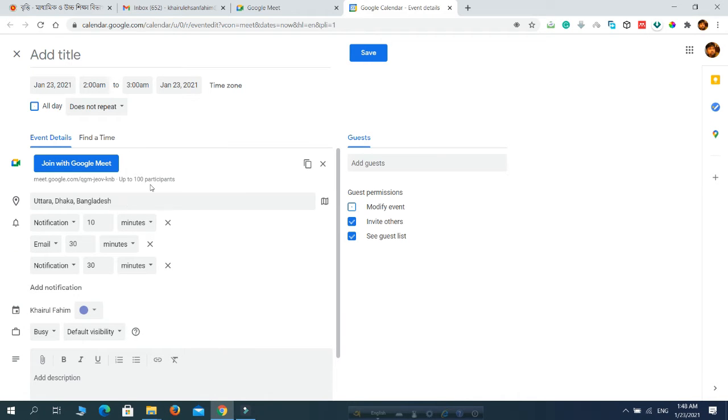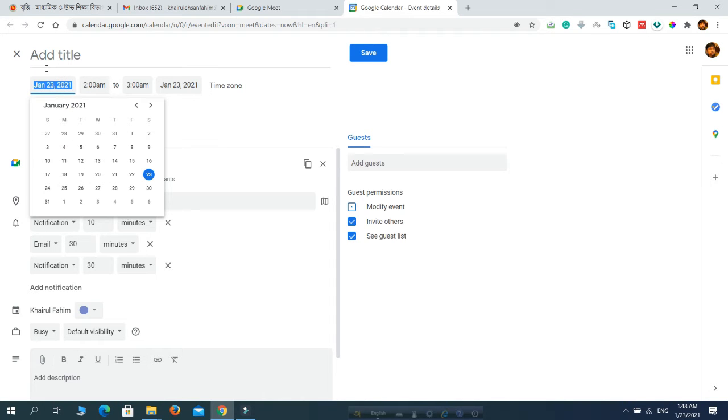Then we need to head on to this one. So as we are supposed to schedule a meeting on 25th of January, we need to click on this one, 25th. So instead of 25th, you can take any other dates as well.